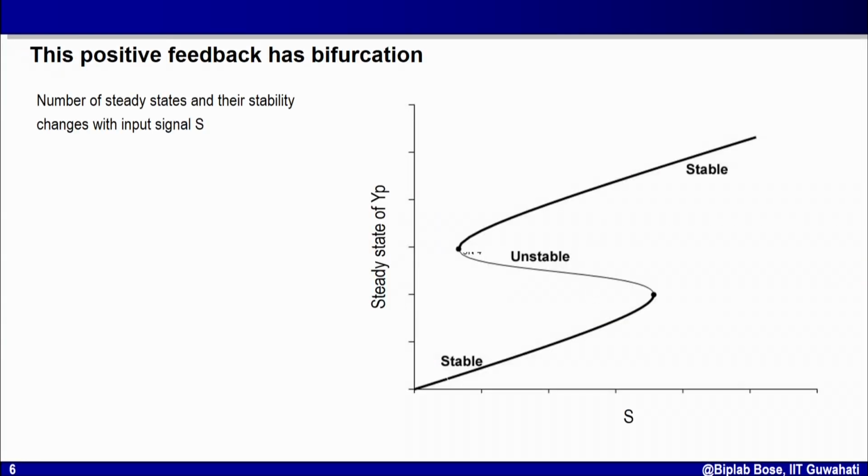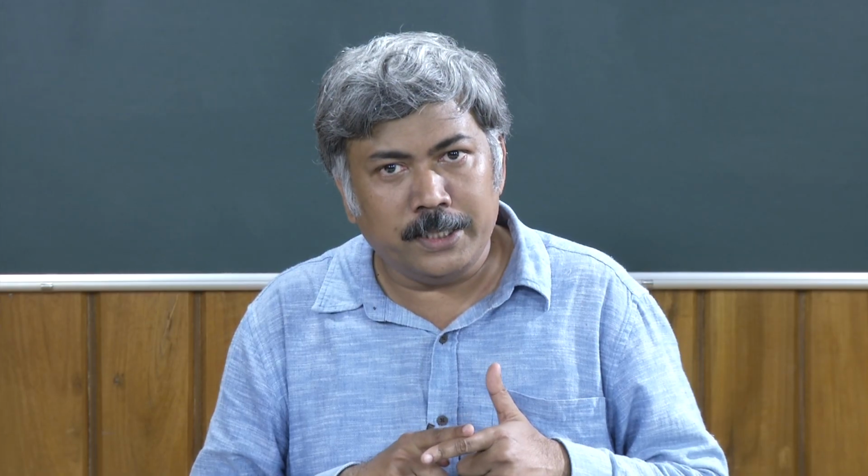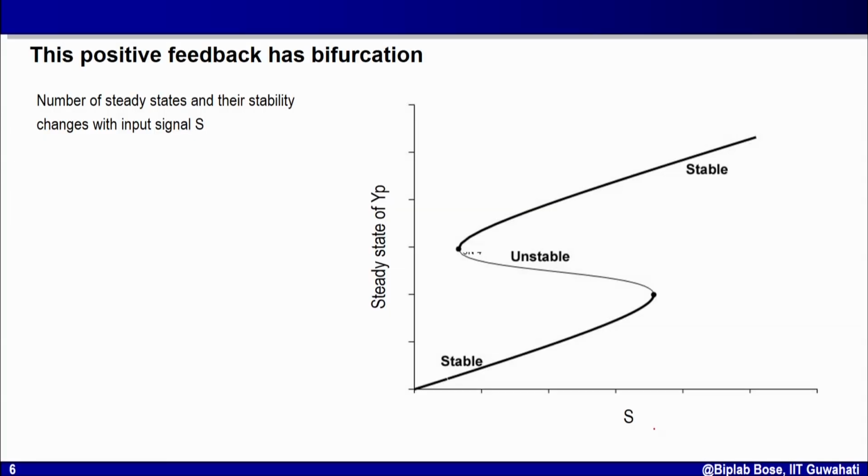Now let us look into it in terms of bifurcation. If you remember what bifurcation is, in a bifurcating system I have one or more parameters. Depending upon the value of the parameter, my number of possible steady states changes, or the behavior around those steady states, the issue of stability or instability around those steady states, changes, or both of them change together. So in this case, as I change S, my number of steady states changes and the stability of those also changes. So what I can do is draw a bifurcation plot the way I have shown here, with S